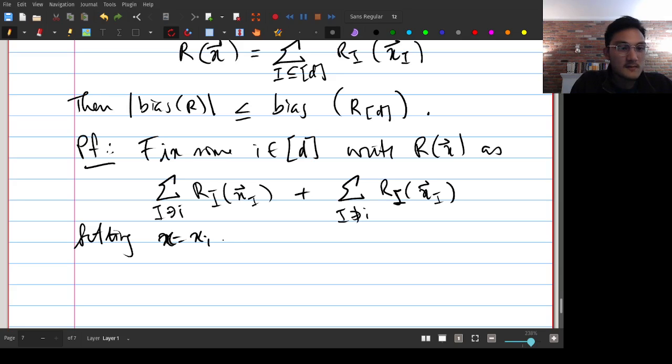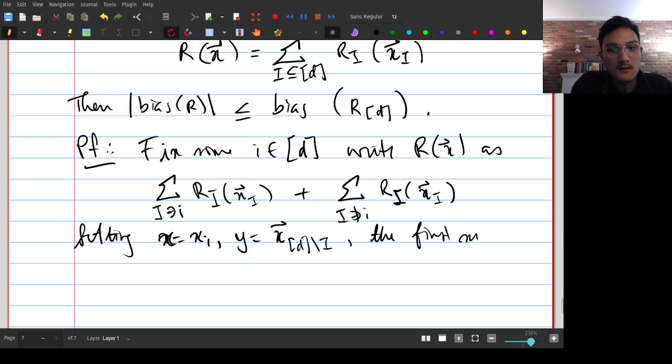So setting x equals x_i, and y equals x_{d minus i}, so it's a d minus 1 vector, the first sum has the form